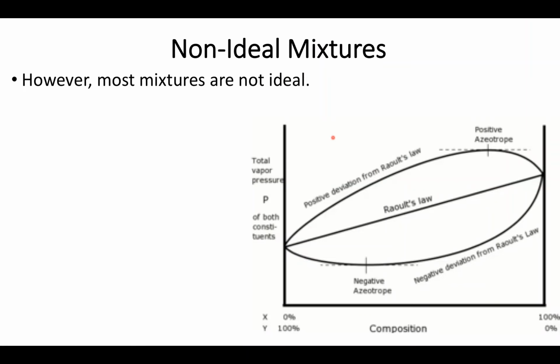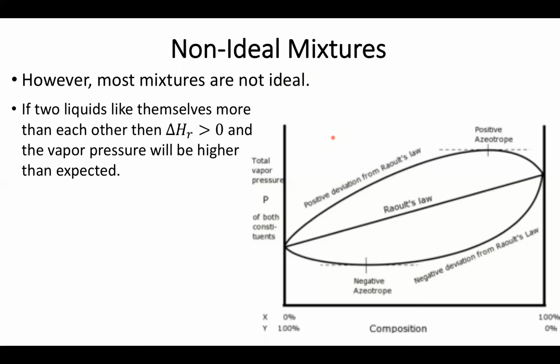So what really makes an ideal mixture is that the enthalpy of solution is zero. That means that two liquids mix together just like they were gases. They don't care whether they're on their own or apart, entropy dominates. However, most of the time, we end up having solutions where the enthalpy of solution is going to be positive. So this means that the process is going to be endothermic. I have to put in energy to make two substances mix because they'd rather hang out on their own than together.